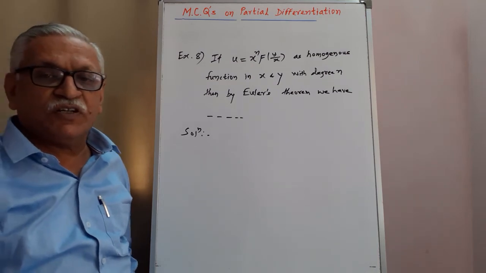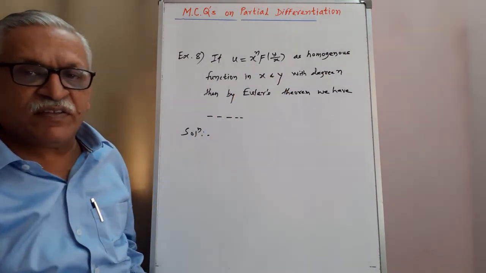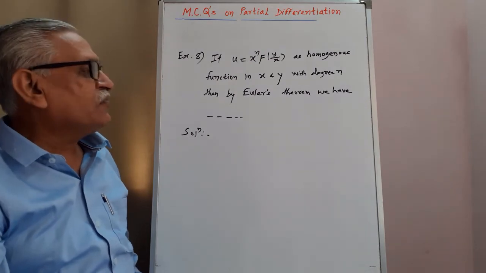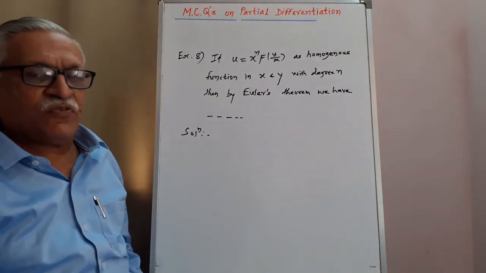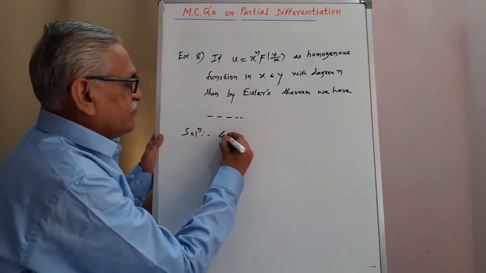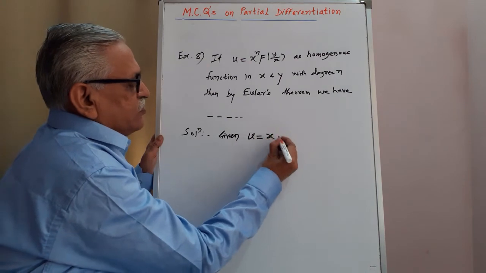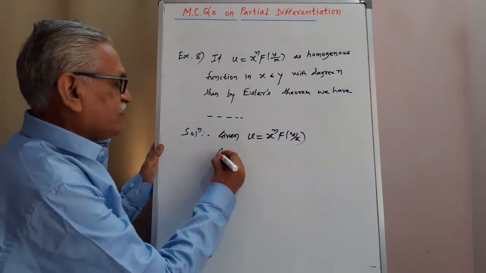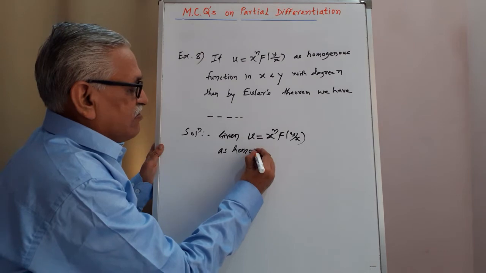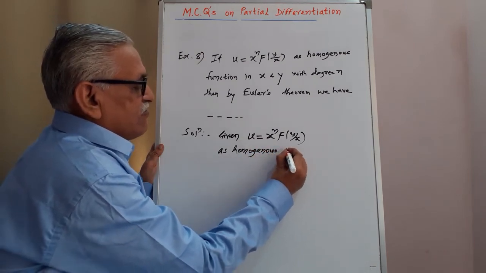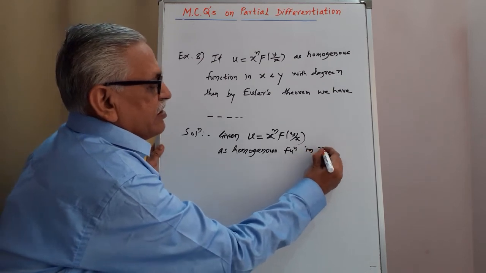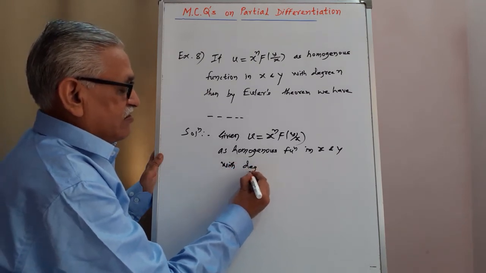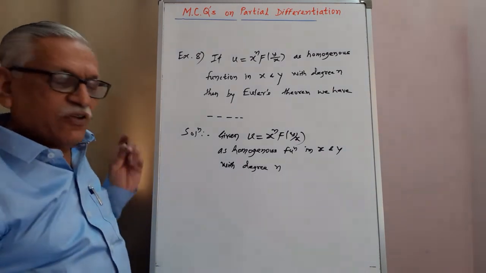Example number 8. If u is equal to x raised to n into f of y by x, a homogeneous function in x and y, it is the general form of that homogeneous function with degree n, then by Euler's theorem we have, and therefore here the given function is u is equal to x raised to n into some function of y by x as a homogeneous function in x and y with degree n. Then by Euler's theorem,